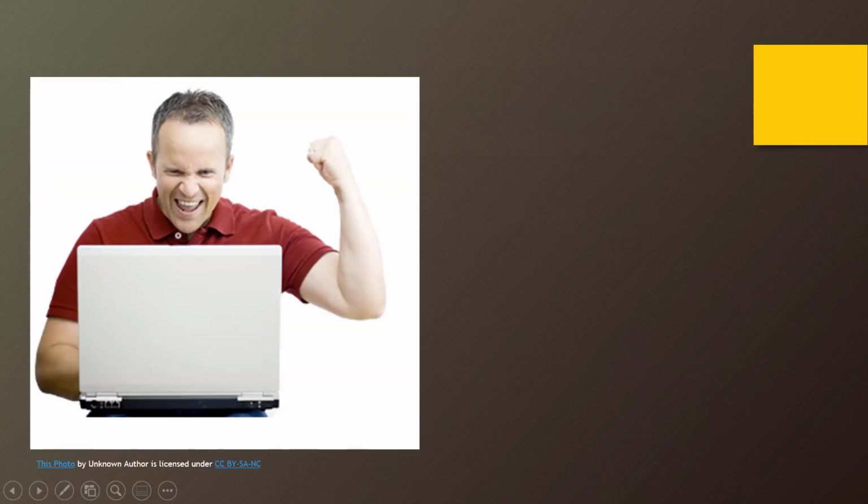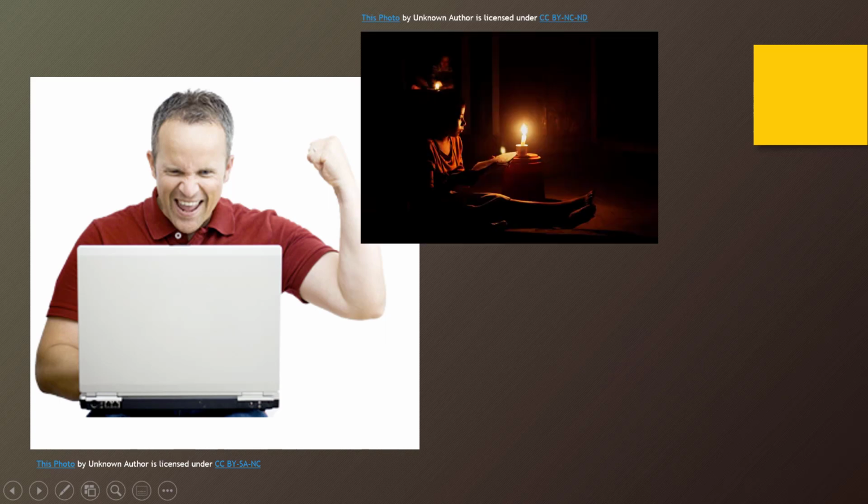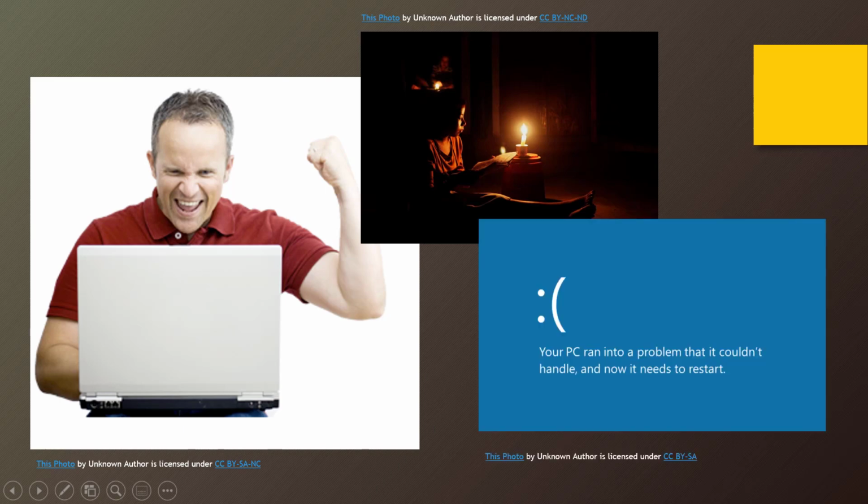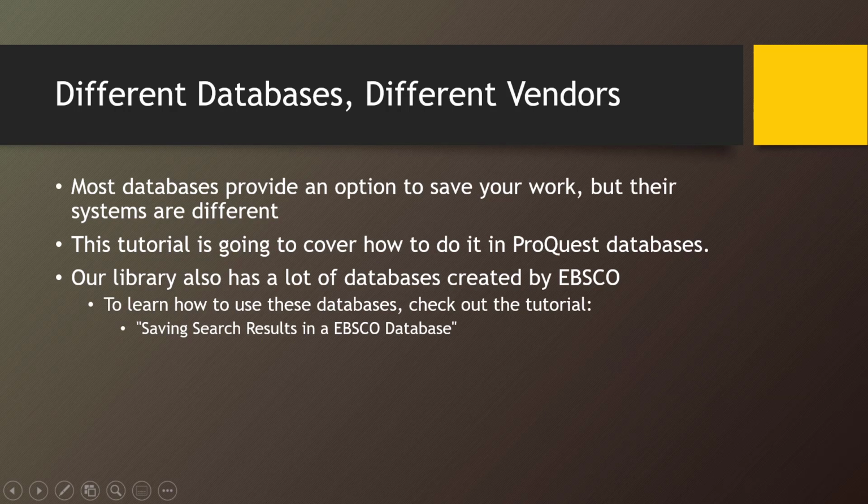We've all been there. You finally managed to get a good search query on a database, and you've got a manageable set of search results to look at. A quick glance at some of the titles looks promising, and then the power goes out, or the internet goes down, or some similar sort of disaster occurs, and your search results are kaput. Now you're going to have to start all over again. However, there are ways to avoid this frustrating fate.